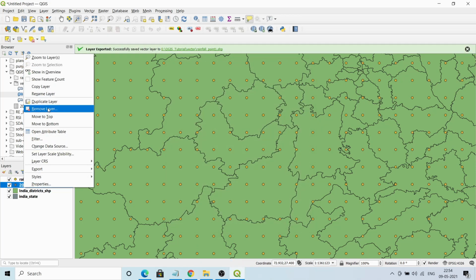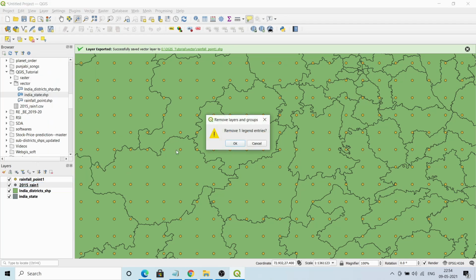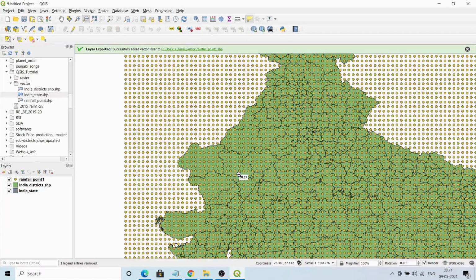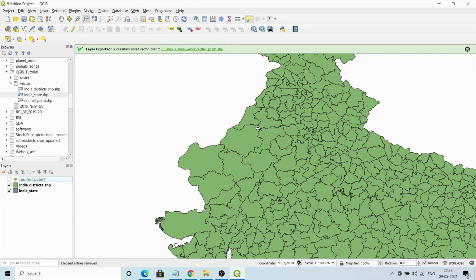So you can further remove the CSV file. So now you have 3 layers, 2 are polygon, 1 is point file here. Okay. Now the second step is when you want to change the symbology, like these polygons, you want to change the color,